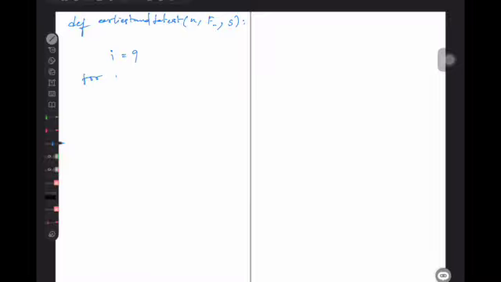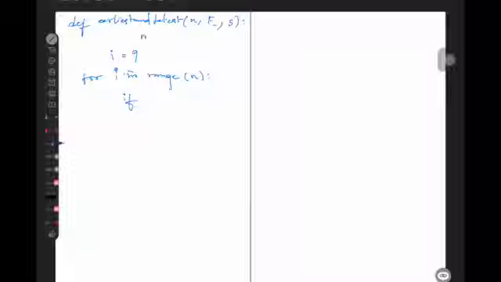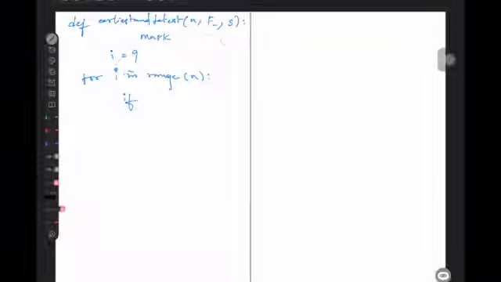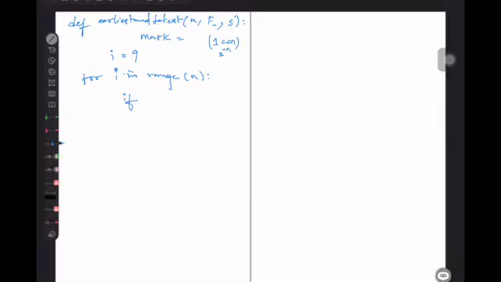We'll be traversing, for i in range n, and initially we'll have the mask as 2 to the power of n minus 1, which means 1 in the bit mask index. This is how we will represent the mask, 2 to the power of n minus 1. This is what we are going to get as the mask.